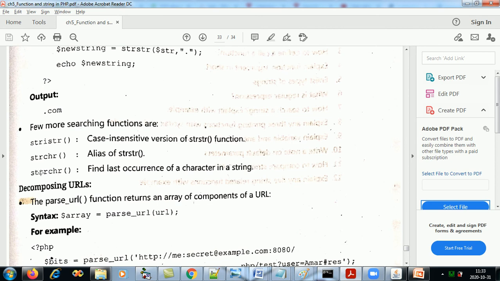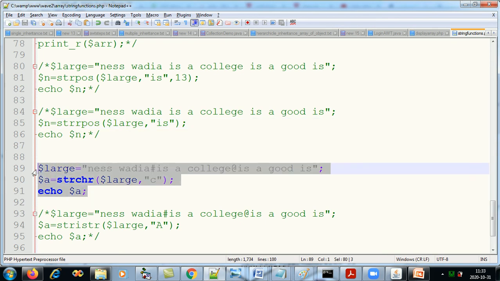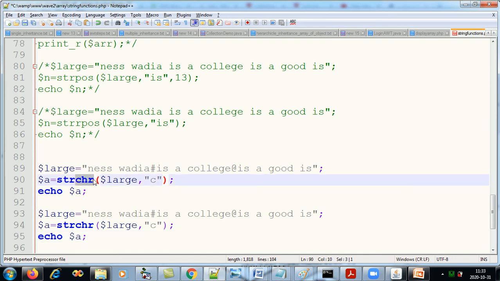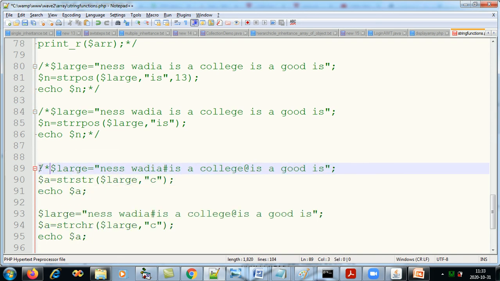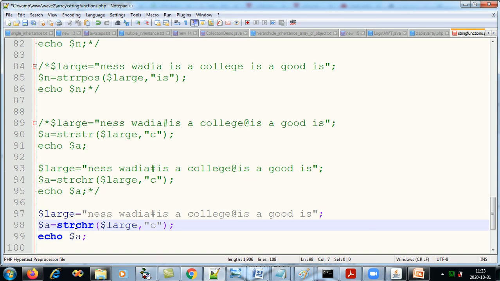And strrchr, if you add an extra r, means last occurrence. So if I add an extra r, let me write them again for your understanding, strstr. Just for your understanding, if we add an extra r, it gives the last occurrence.